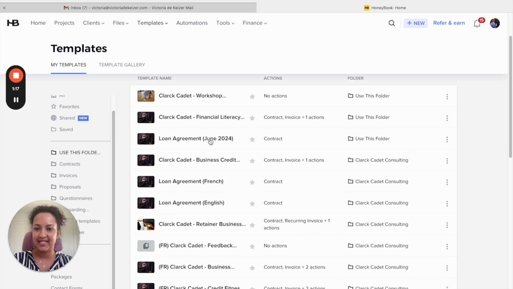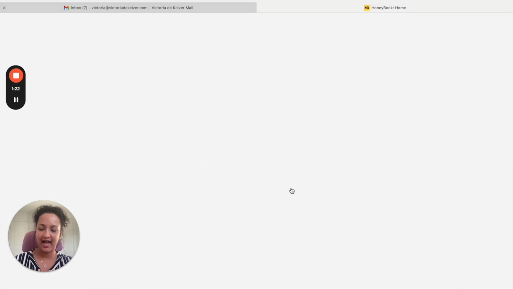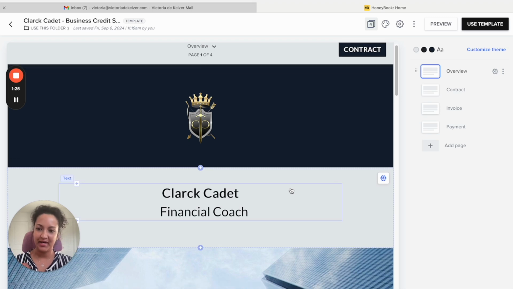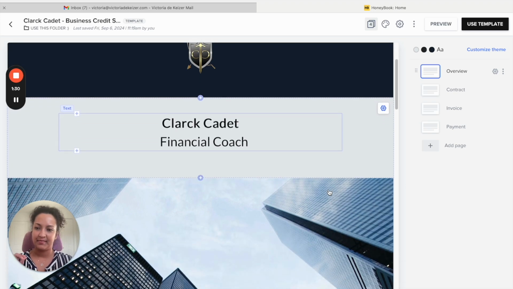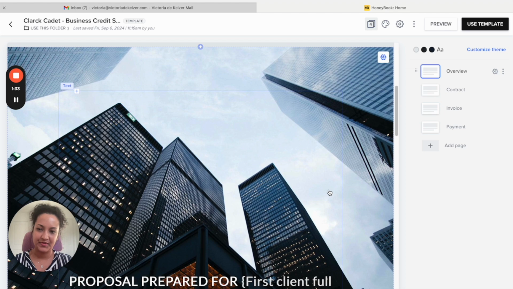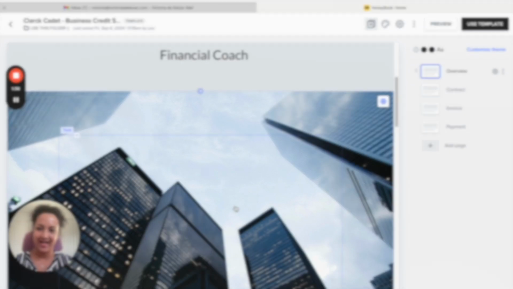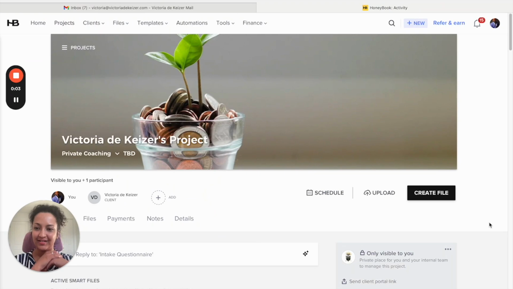So let's say that I decide I need his business credit strategy package. He can go in here after our call, go into my project, insert this template into my project, and just make some quick little tweaks and get this proposal to me in 30 minutes. Here's how. All Clarck needs to do is go to the Projects tab, locate my project. I won't show you the full list of projects because that obviously includes confidential information, but he'll open the Projects tab, he'll see the list of all his projects, he'll select my name or the name of my project,